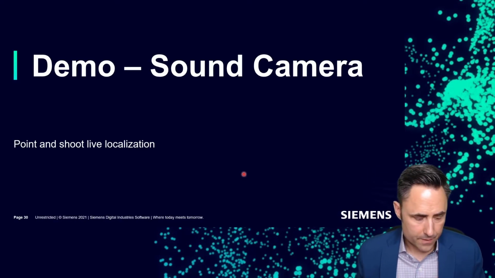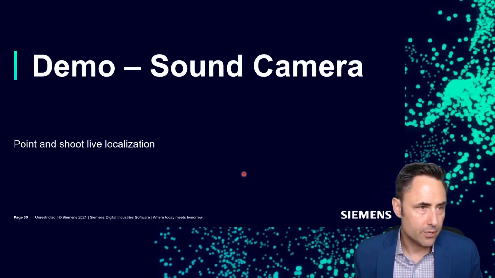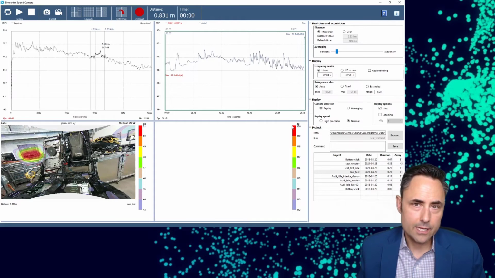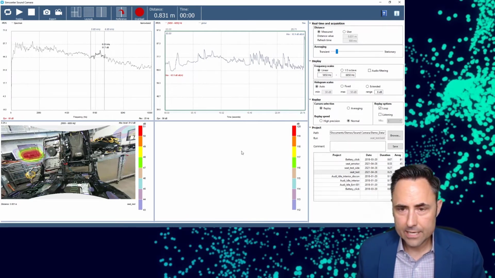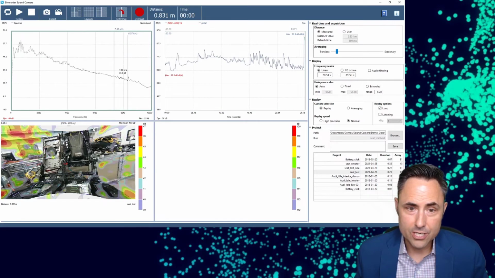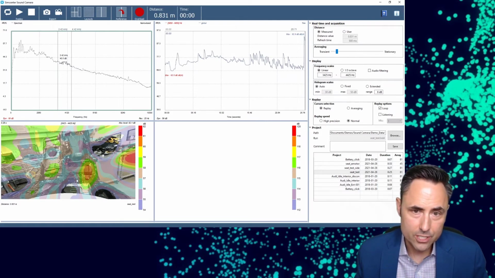So let me show you some of the things we can do. This is the Sound Camera software, and I've recorded a test I took previously. You see a couple of different displays here. This is the instantaneous frequency spectrum. You'll have an overall level versus time over here, and then this is the real-time localization. Essentially this localization hologram down here is showing you where the frequencies that I have in between these double X cursors are coming from. Depending on what frequency range I select, I'll get a different answer. If I move this around, you see the localization changes.